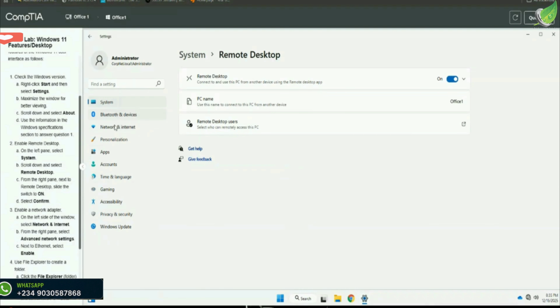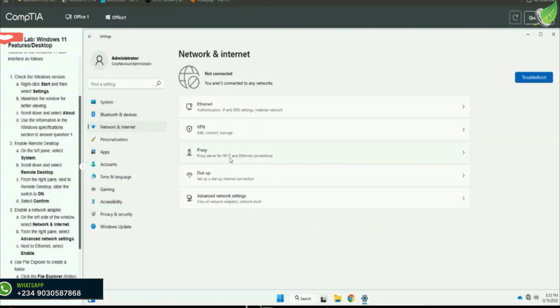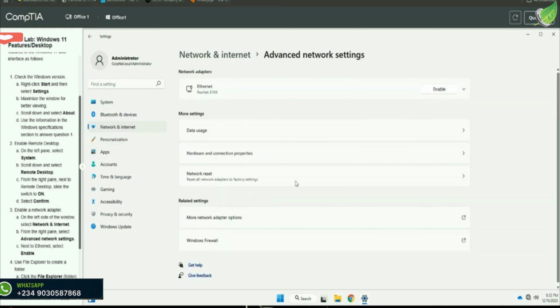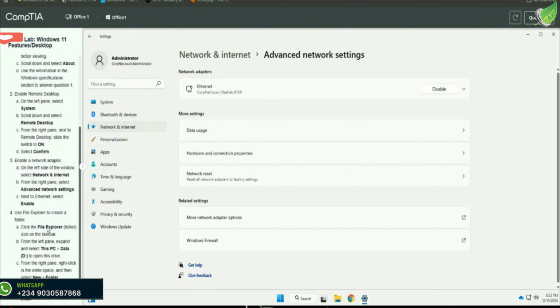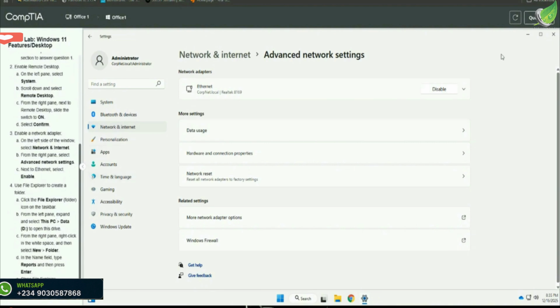go to Network, and we want to go to Advanced Network Settings. Go ahead and enable this and scroll down. The next task, File Explorer. Okay, let's close this,